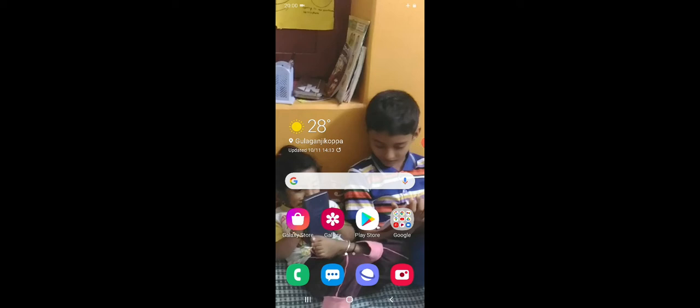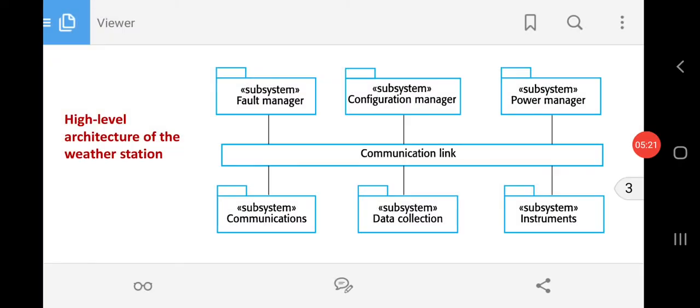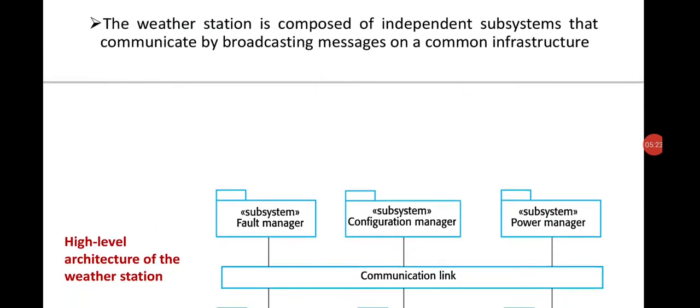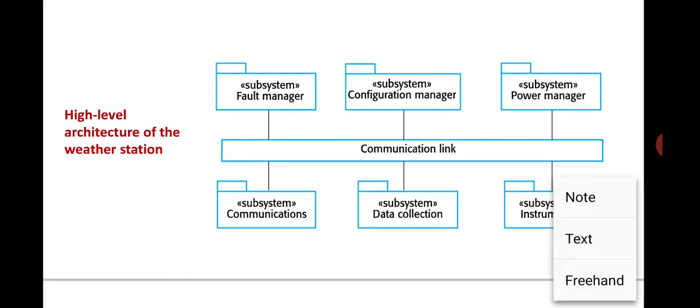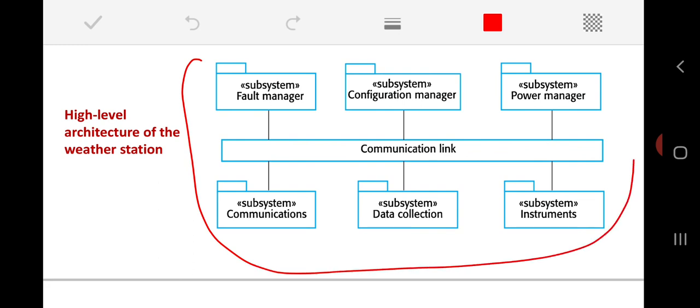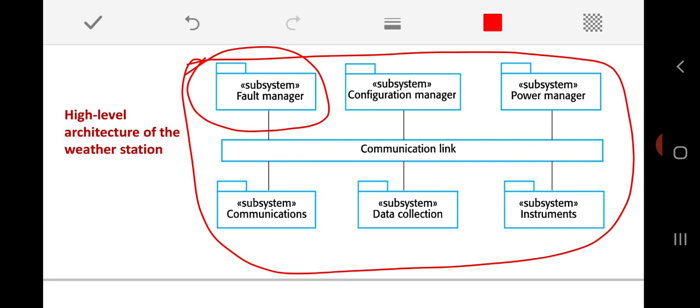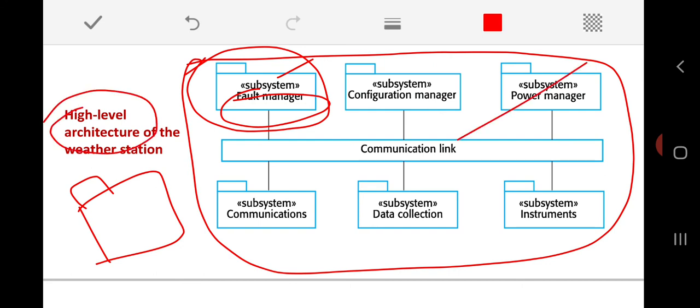This is all about the architecture here, and a very important observation you can make is the notation in this diagram. This is a type of package diagram or subsystem model, as you can call it in the unified modeling language. Look at the representation of a subsystem: it is a rectangular box with a small box above it, a notation with subsystem indication, and the name of the subsystem written over it. This is how a subsystem model, as a part of the architecture of any system, can be represented.